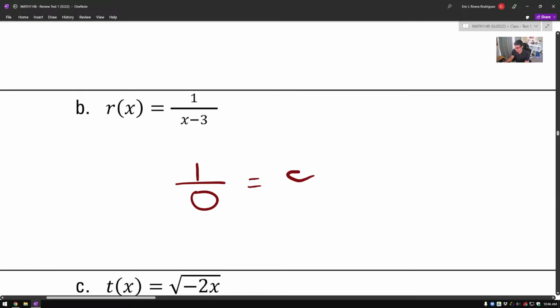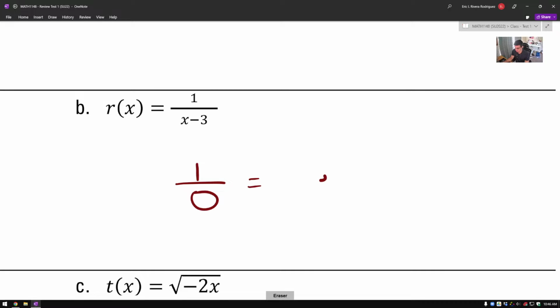So in our class, we put undefined. Since we are working with real numbers, if we divide by 0, it's going to be undefined. Okay, so this is the function that we have, and it is a rational function. It has a denominator. So what is the restriction here? That the denominator